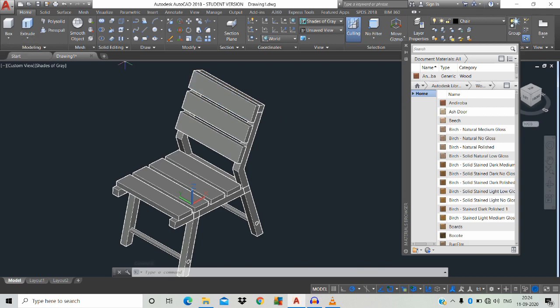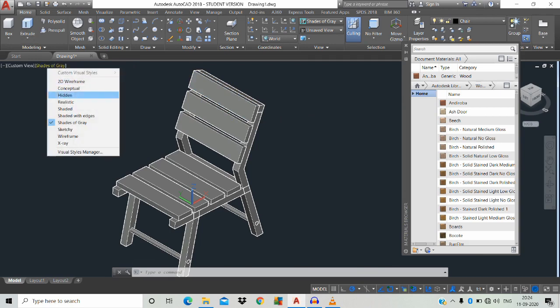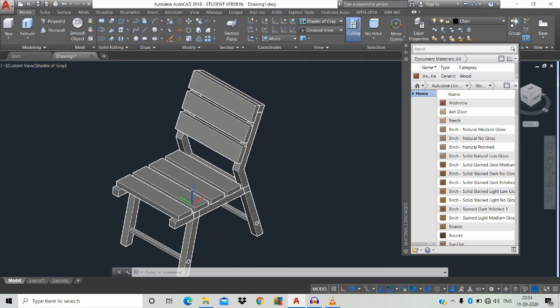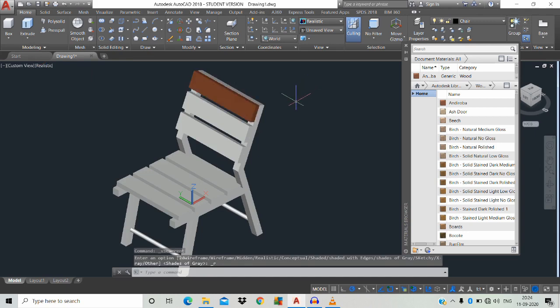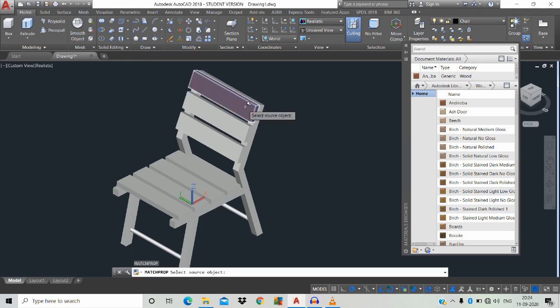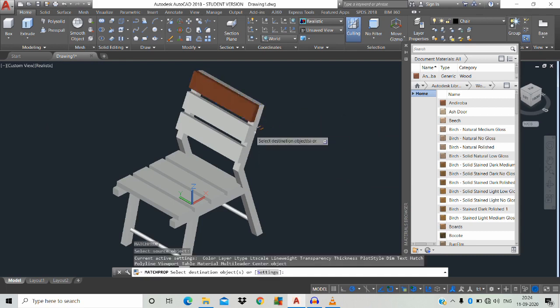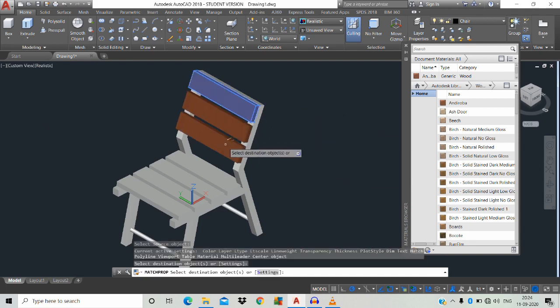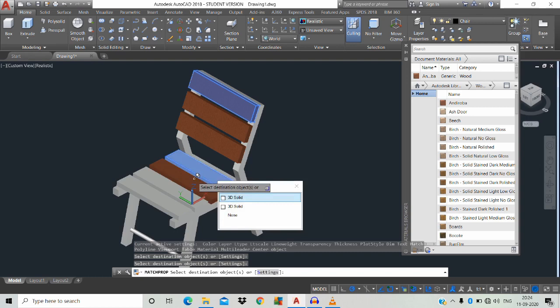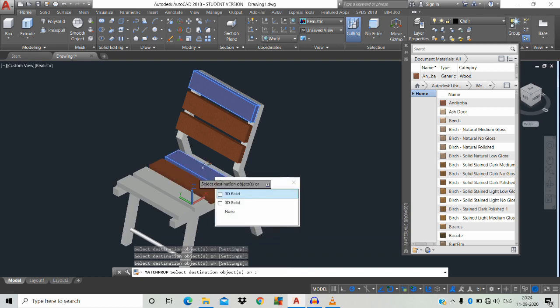Just go to shades of gray, go to realistic. If you give realistic, it will show us the original color. Okay, now we're gonna match each and every property by using MA space. Just click this object first, and this is second, third, fourth, fifth, 3D object.